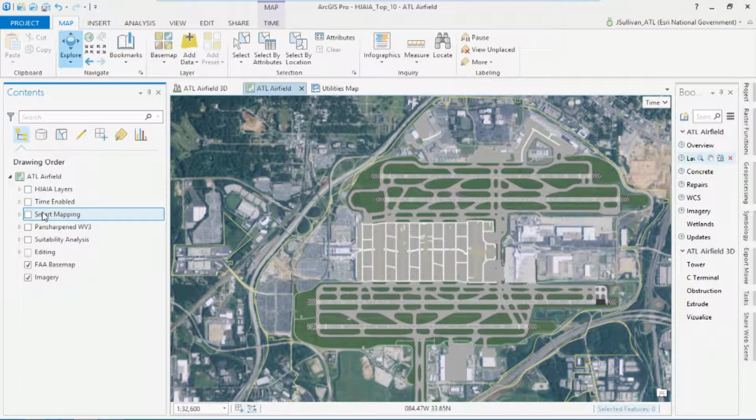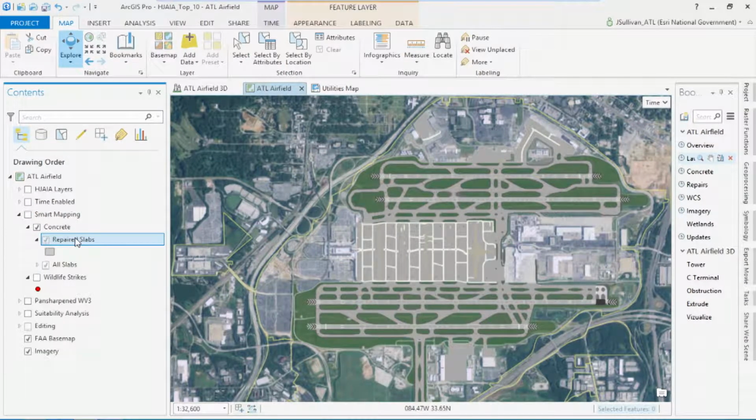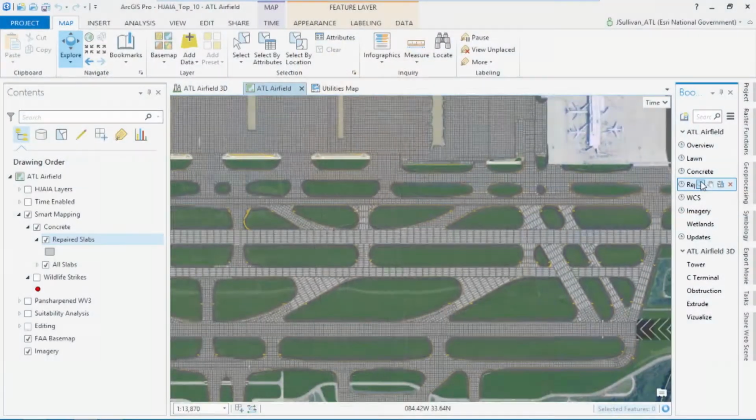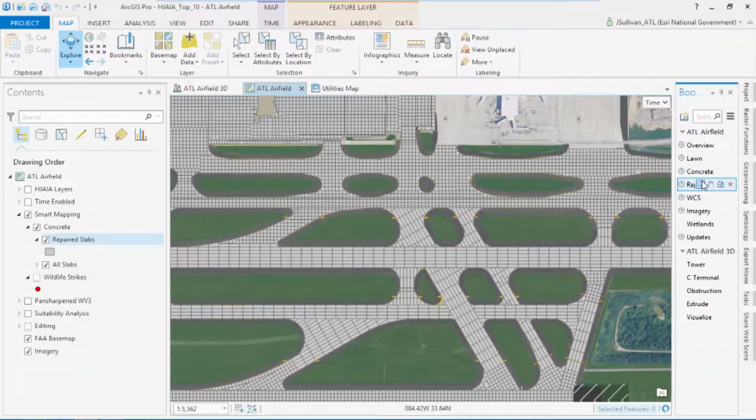With Pro 1.2, your 2D, 3D, and 4D workflows will take off and land on time, every time. Moving on to the next item on my list, which is all about ensuring safe takeoffs and safe landings. Maintaining the thousands of concrete slabs that comprise the airport runway is critical to safety,